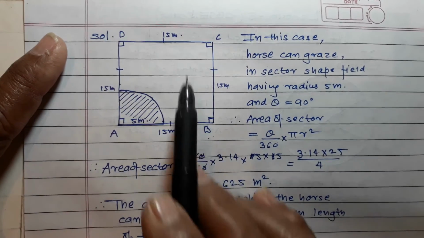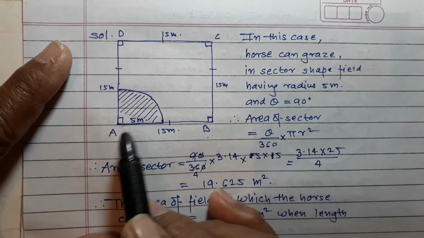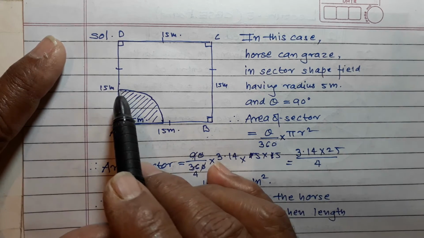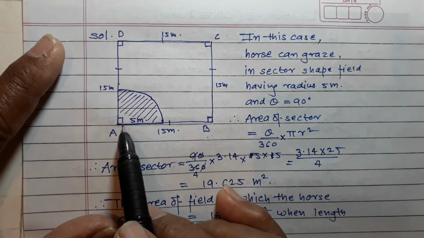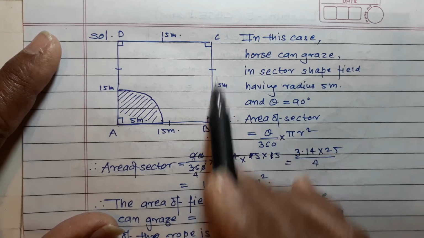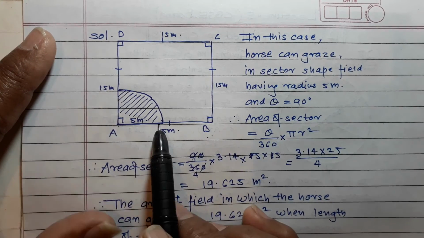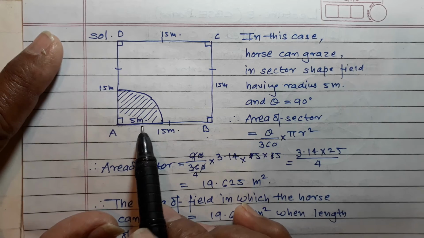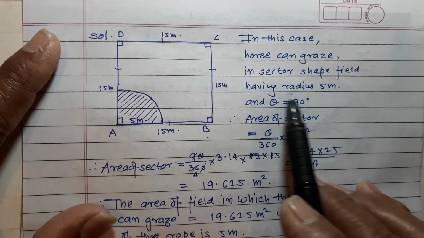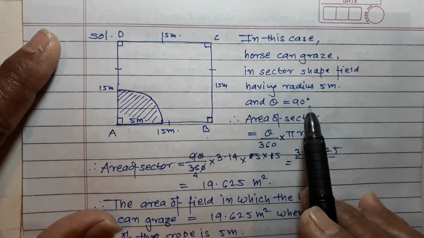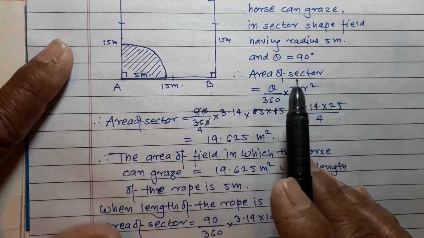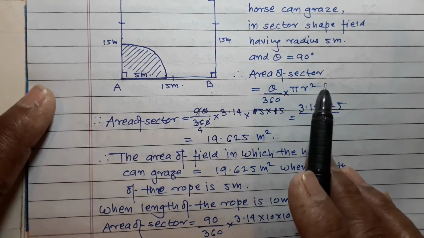So this is a square-shaped field. Now here the rope is tied. 15 meter is the side of the square, and this rope is equal to 5 meters. In this case the horse can graze in a sector-shaped field having radius 5 meter and theta equal to 90 degree, and therefore area of sector is equal to theta upon 360 into pi r square,